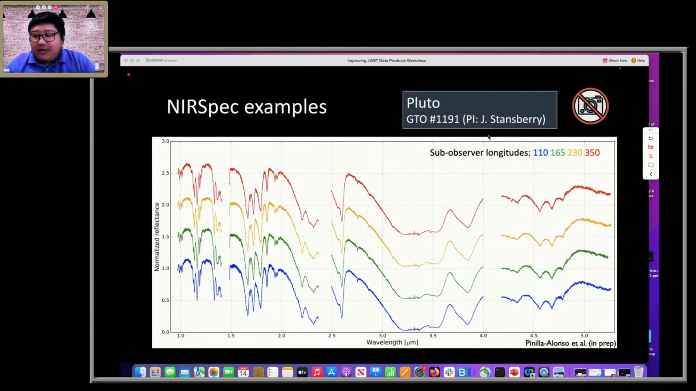Pluto, probably one of the most well-known of the KBOs, was observed on 4 different occasions during the GTO program 1191 to cover the entire surface of the body. And the spectra are spectacular. They show a huge range of absorption features. At short wavelengths, we see a lot of methane lines, and the additional SNR that we get from the PSF fitting is really allowing us to measure band depths and centers extremely precisely. Now, perhaps one of the most surprising or exciting observations that we got from this data set is highlighted